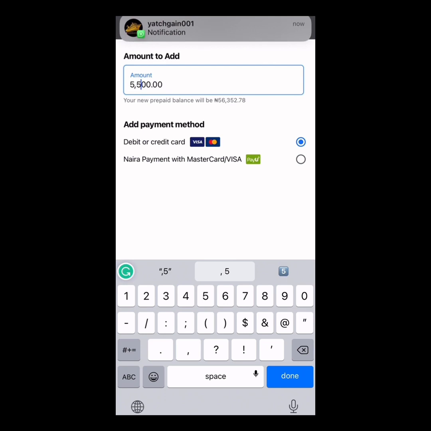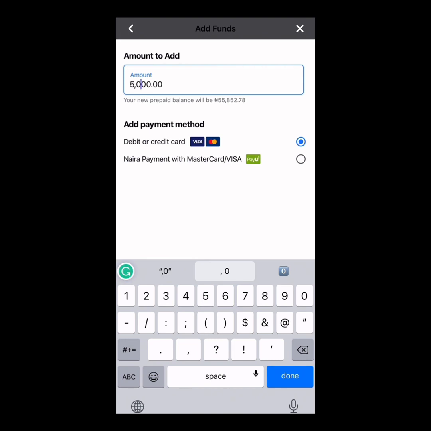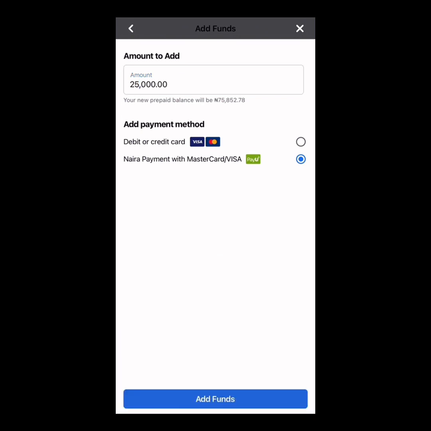So also one thing you have to know is that if you want to run a sponsored advertisement of let's say maybe 21,000, I would advise that you add 25,000 into the account so that they can remove the extra charges for VAT, right? So this is very important. You choose your payment method and then you add your fund,